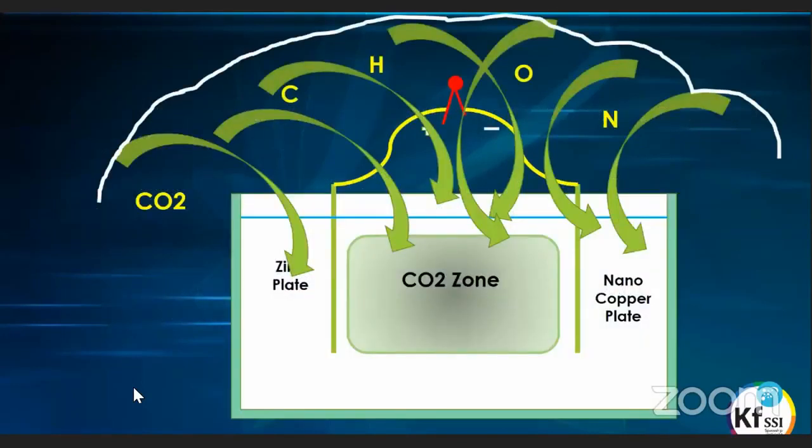So when we look at the whole environment around our box, you can see that we initially created the condition to attract the carbon. And then as the CO2 is formed in the box, we then also create that condition to attract further CO2, but we're also attracting the carbon, hydrogen, oxygen, nitrogen, which forms the amino acids. So what we're doing is creating a huge environment around our box, which is creating that condition to attract those elements in.